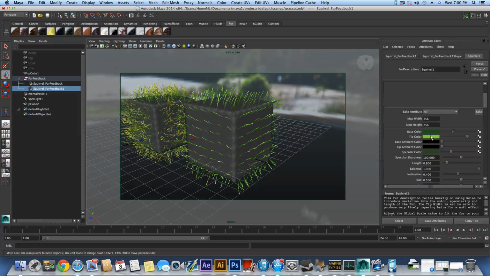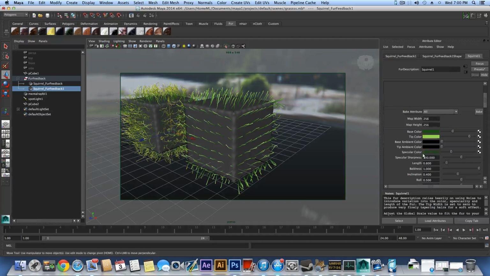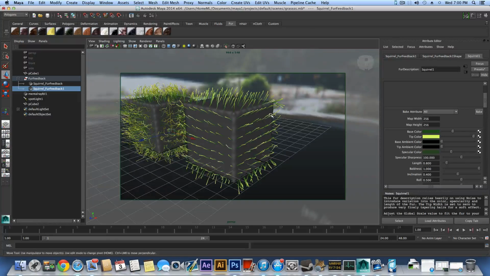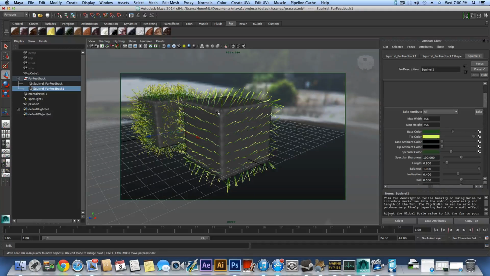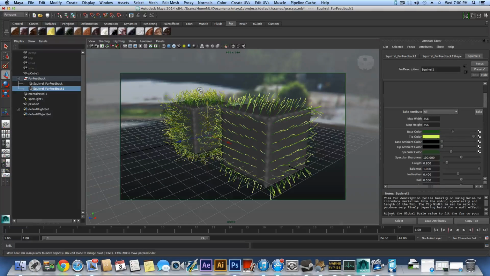You can maybe change this tip color to something a little bit more brightened. It really depends on you, but this is somewhat what I've done here. I think I went a little bit more with the yellowish kind of color, but you see, yeah, it's pretty much matched. Now we will focus on the values of this fur system,